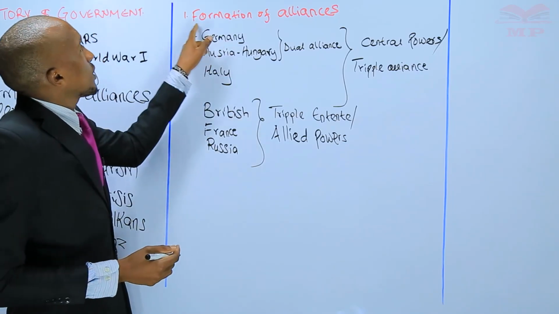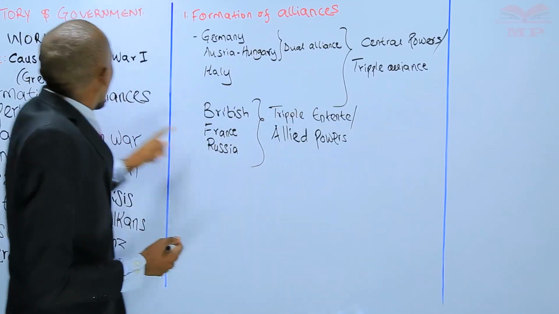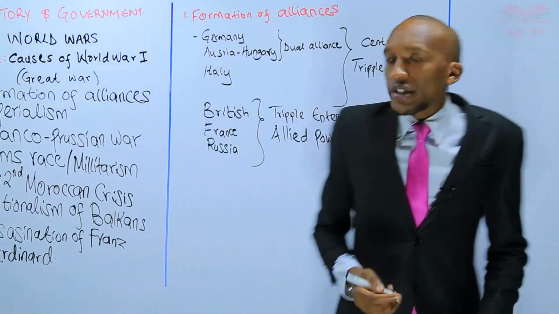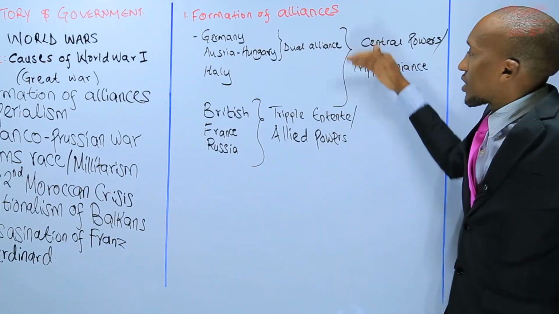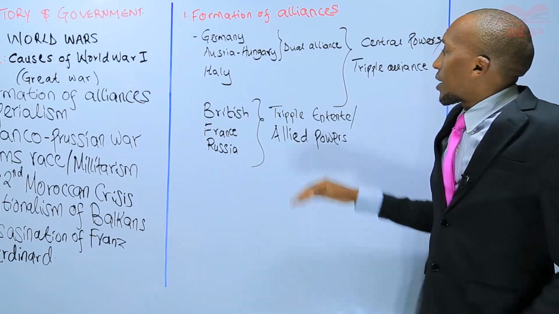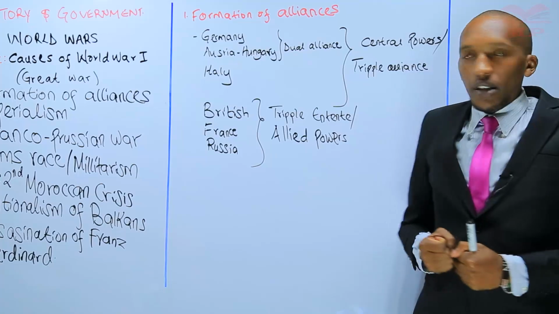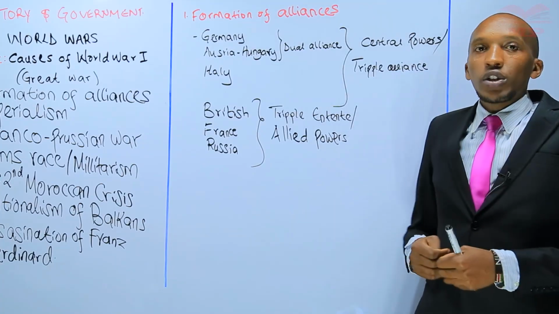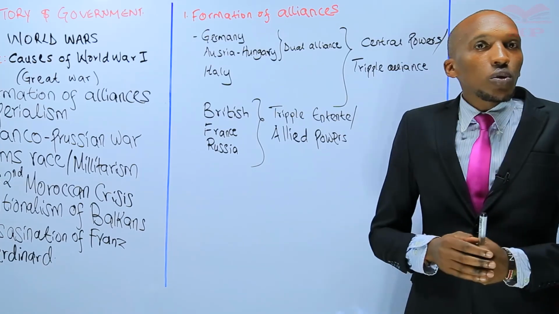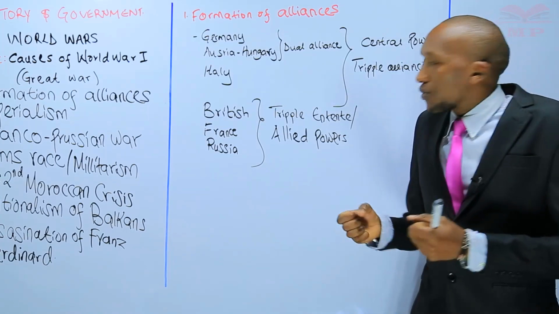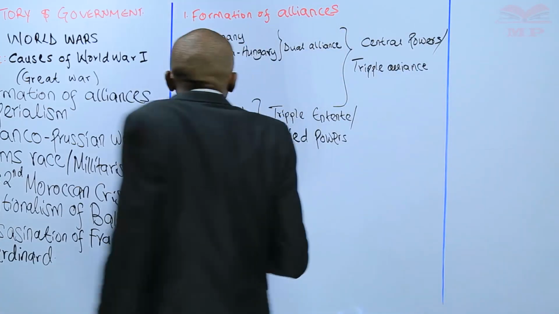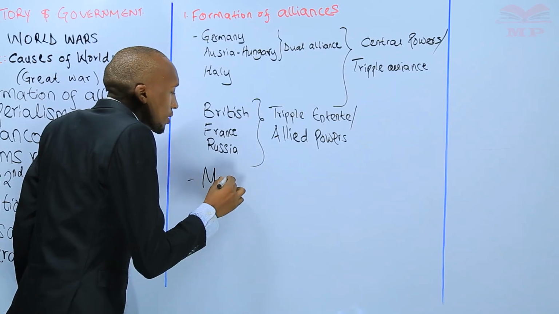So how did this formation of alliances result in the World War? You ask a question like that: how come just by forming two alliances, we have an outbreak of a world war? When you know you have a friend, a group of people, you can make any decision because you know there is somebody who will come to help you, somebody who will come to fight by you. So this system of alliances made these countries make rash